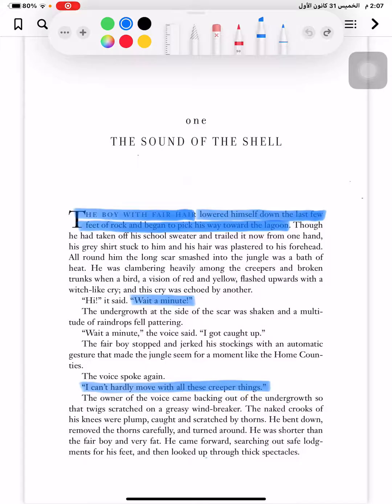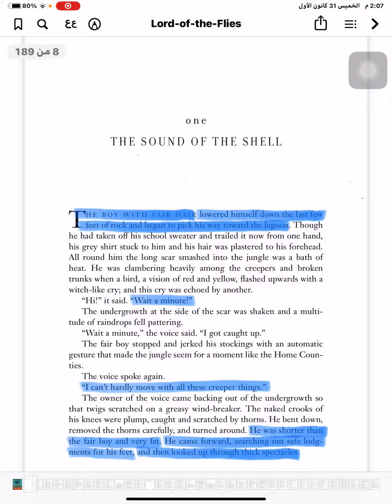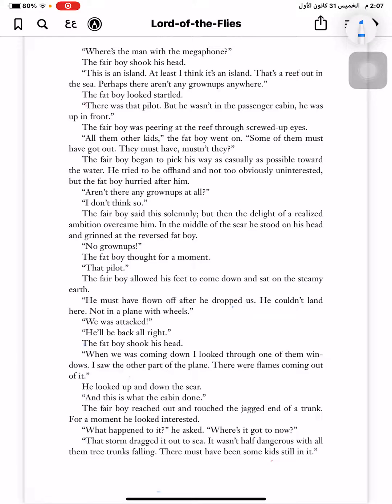Then the narrator presents the bodily description of the second boy. "He was shorter than the fair boy and very fat. He came forward, searching out safe lodgments for his feet, and then looked up through thick spectacles." This character's presentation helps us understand that the second boy suffers from two hindrances, fatness and myopia, short-sightedness. Through the dialogical interactions between them, one can find out a lot of differences at the level of behavior and